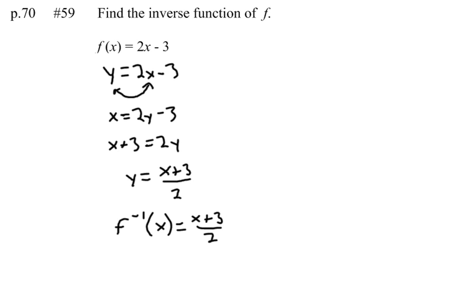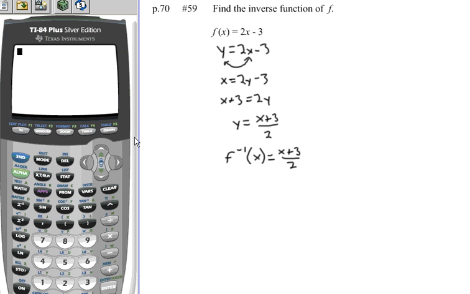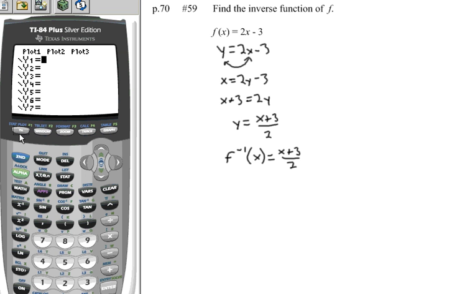Now I can check my work by getting my calculator out, and let's go and graph both of these functions. So my first one, y equals 2x minus 3. And my second one, y equals, I'm going to put my numerator in parentheses, x plus 3. We'll close that, divided by 2. Now when I graph these,